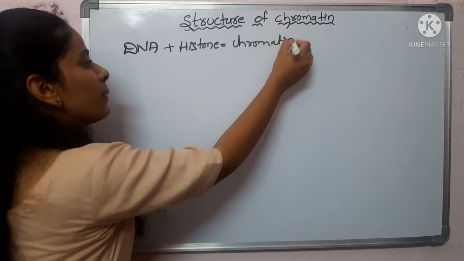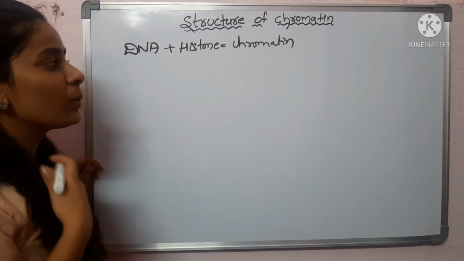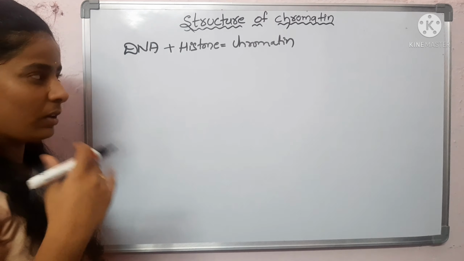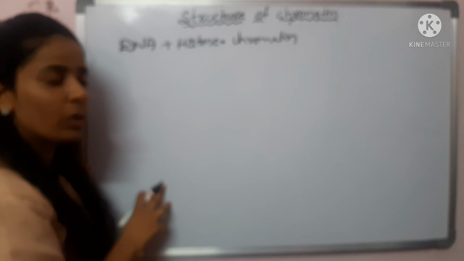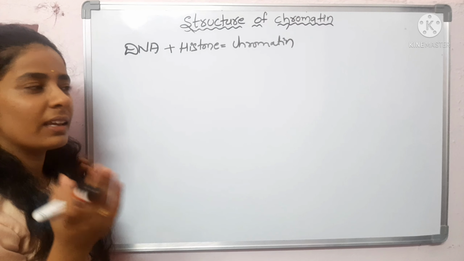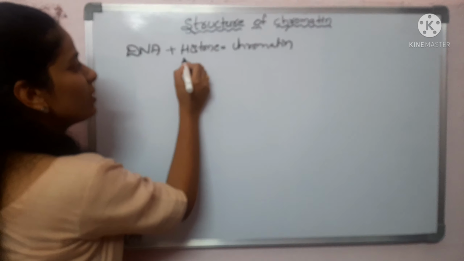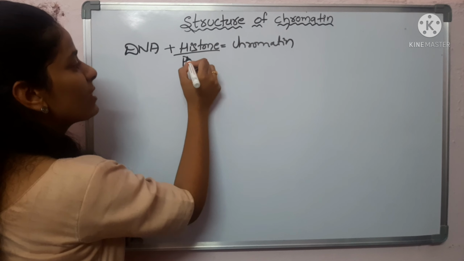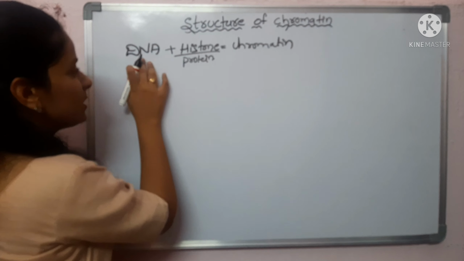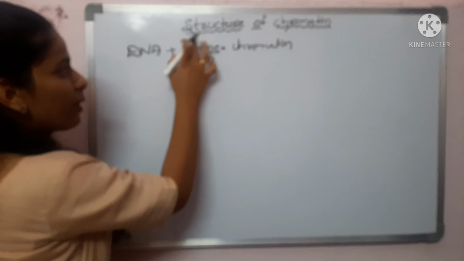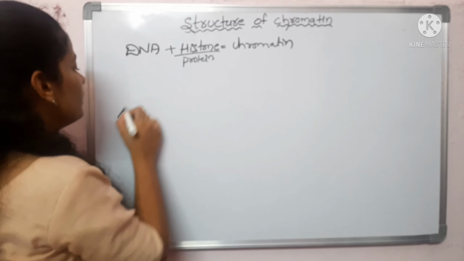Chromatin structure is nothing but combination of DNA with proteins. So in the human body there are many types of proteins present. For example, we have a globulin protein that is mainly involved in blood tissue. So here in this chromatin case, we have histone as a protein. So in the cell, this DNA wraps around these histone proteins to form chromatin.